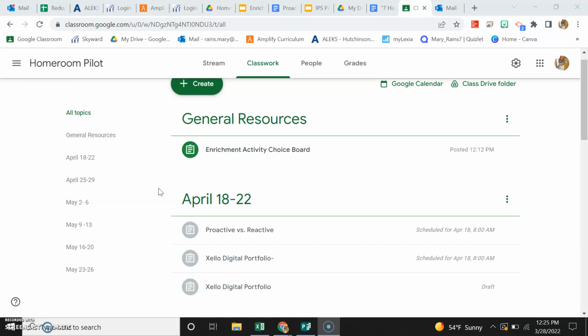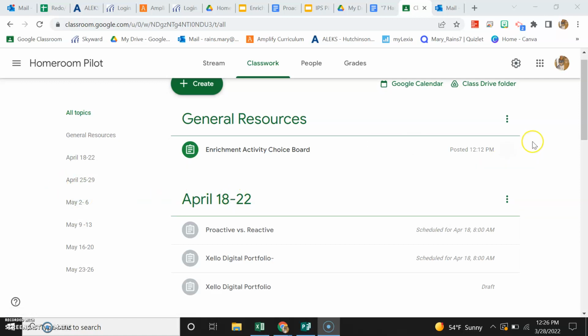So the first thing that's going to be different is that we are actually going to be in homeroom Monday through Thursday, and then Jumpstart will be on Friday. So when you're in homeroom Monday through Thursday, you are going to be going through some lessons. These lessons could vary from week to week, day to day. It just really depends on that week and what's going on. But essentially, you guys will be primarily working with the 7 habits, and you will also be working with Zello, or the program for Zello, and you'll be going through and looking at some things that you guys have done through your career exploration class.